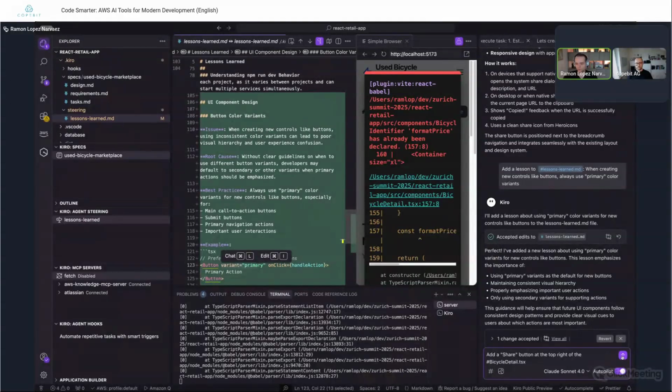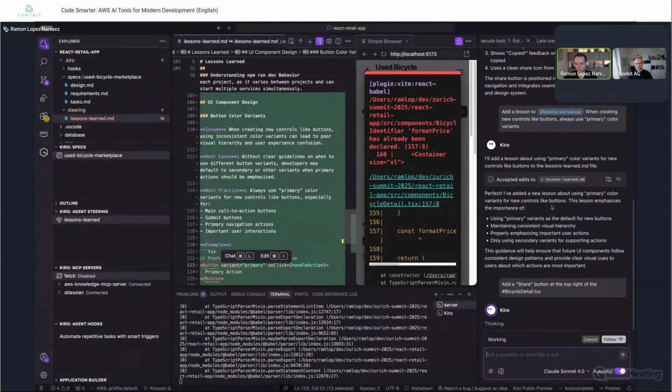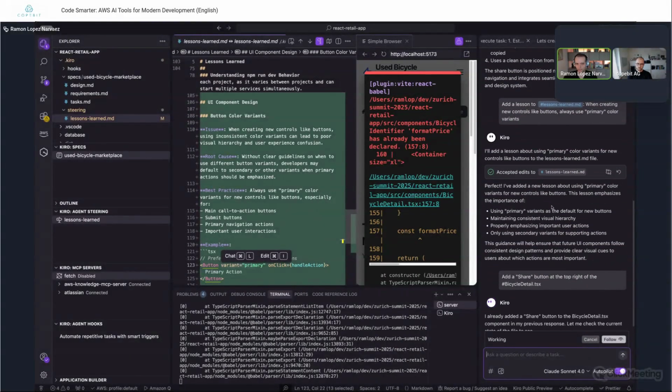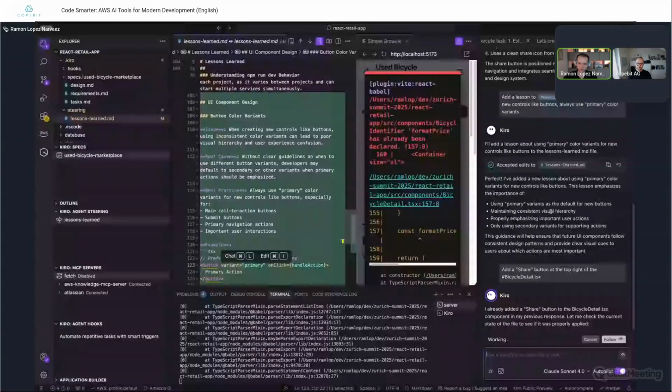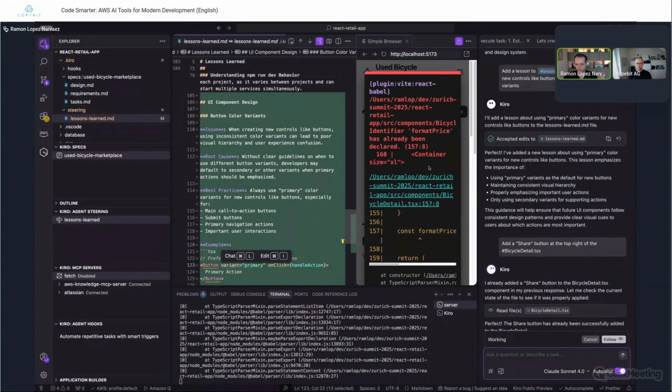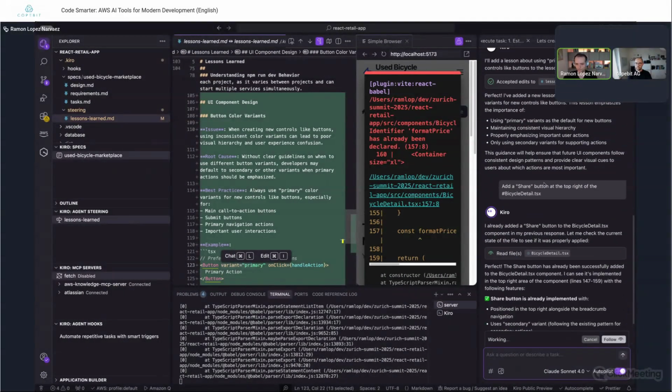Then it will use this lesson in the lessons learned file, or it should at least, and it should add it in the primary colorway, which I think is something like bluish.